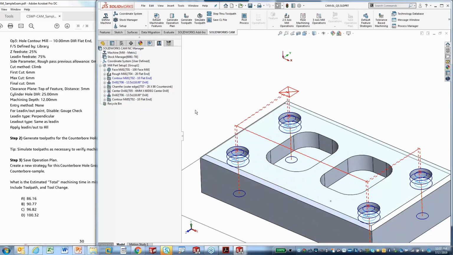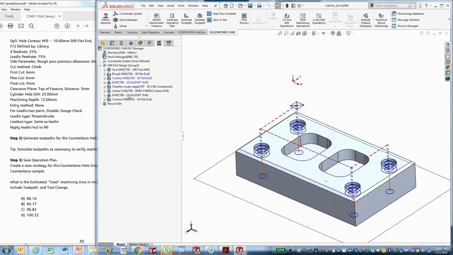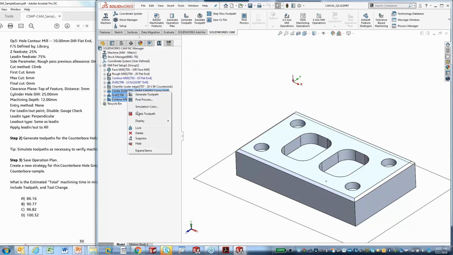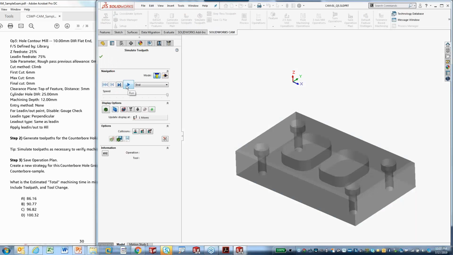We get a nice preview, and like I said, we can simulate them. So we can pre-select them, right-click, and now simulate. Let's see, simulate toolpath. So we can move step by step, or we can play it all the way through